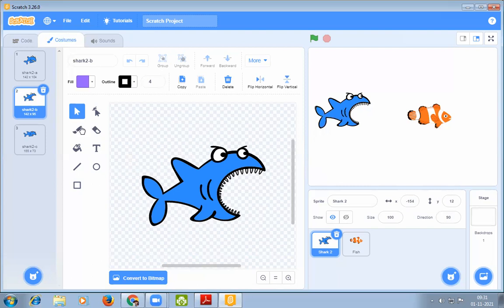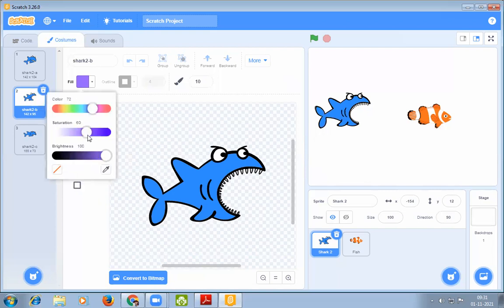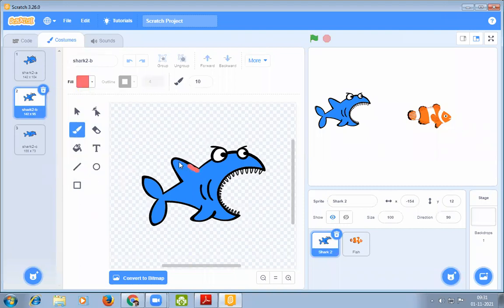We can also edit the costume of a shark, for example, by clicking on the brush and changing the color of the brush, we can color the shark. For example, I am changing the color of the shark's fin like this.